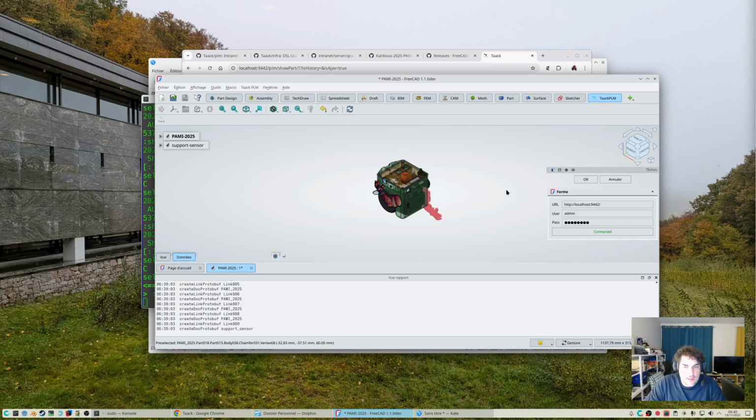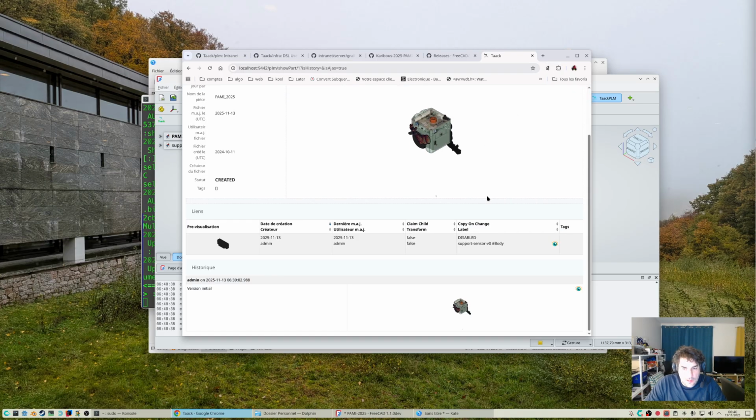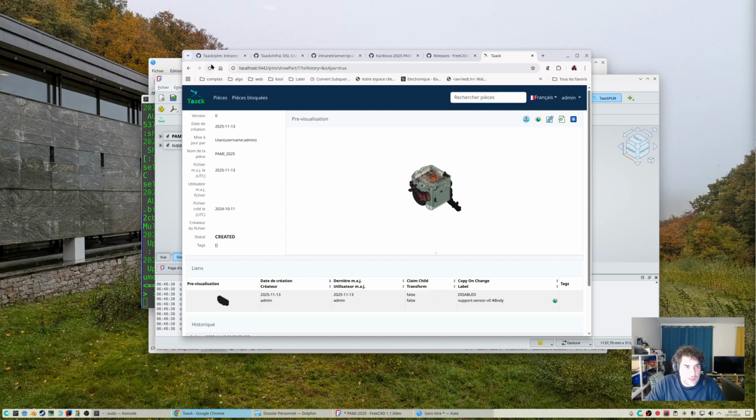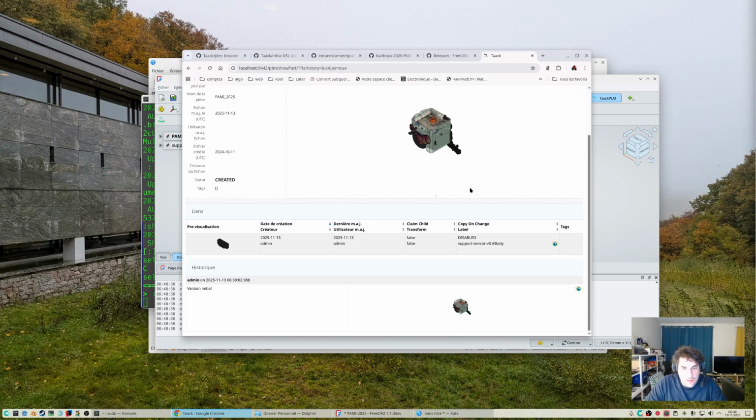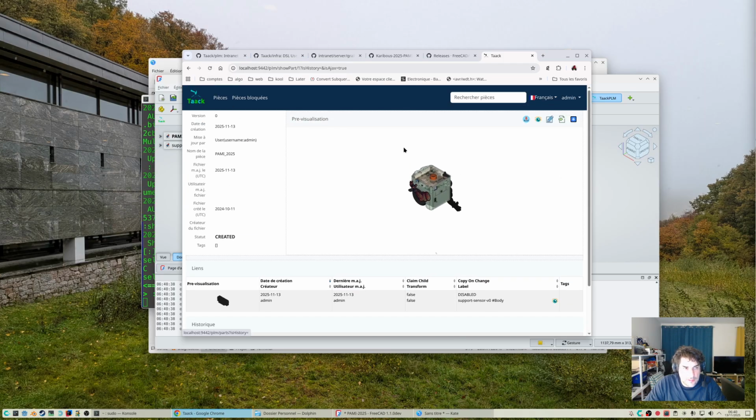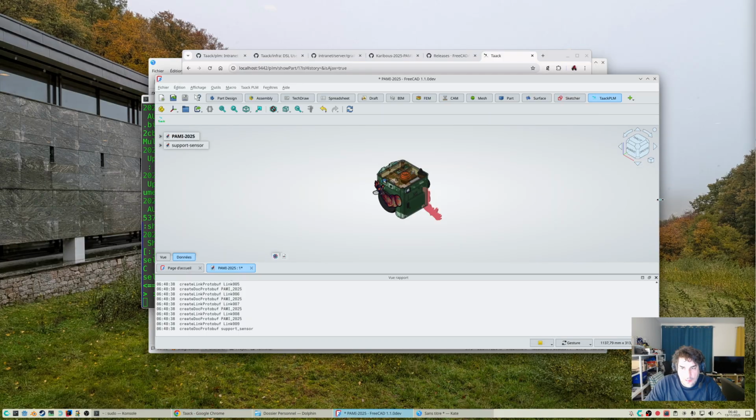I can launch the PLM again and update the model. So this is the previous version. If I refresh the page, wait. I first have to save the file. And then I can upload the model.